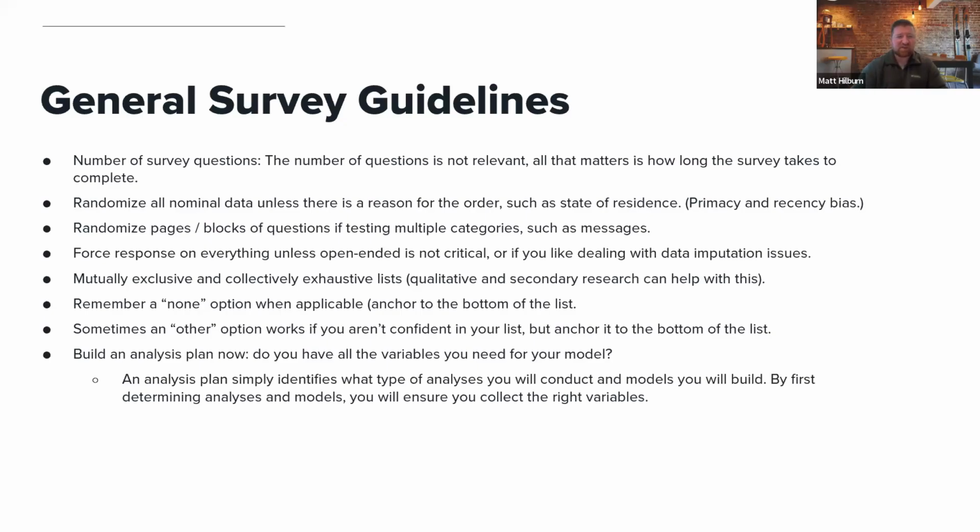Okay, a couple of quick issues that are sometimes forgotten. Make sure that your lists have the right answers. I just took a survey yesterday that did not have all of the options. In particular, it did not have a none option. So it asked me a question and it gave me a few options and it said, which of these apply to you? None of them applied to me, but there was no none option. So make sure that your lists are mutually exclusive and collectively exhaustive. Make sure they've got all the right answers. But at the minimum, you've got to include a none option, maybe throw in an other option for somebody to click on so that they can move forward in the survey.